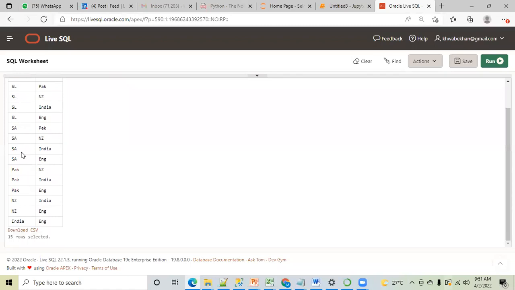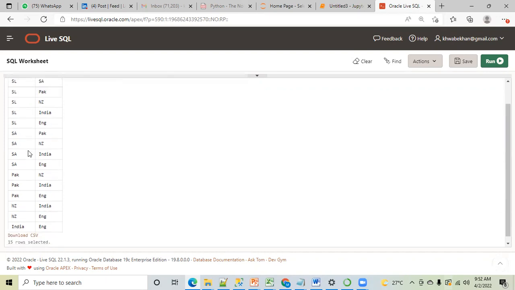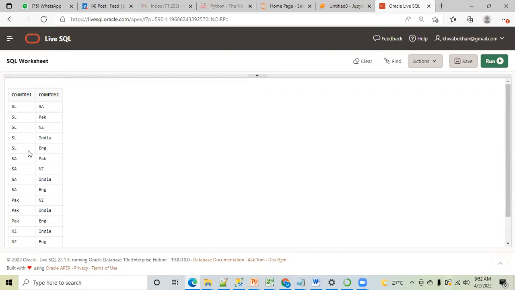Exactly same result. Only the difference will be that teams will be shuffled. The earlier which was coming on the right side will be present on the left side. Which was on the left side will be present on the right side. That is the only difference. But the combinations, if you see, will be exactly the same. You guys can please work on this. You will see the same combinations will be there. Only the data will be shuffled, left to right, right to left.